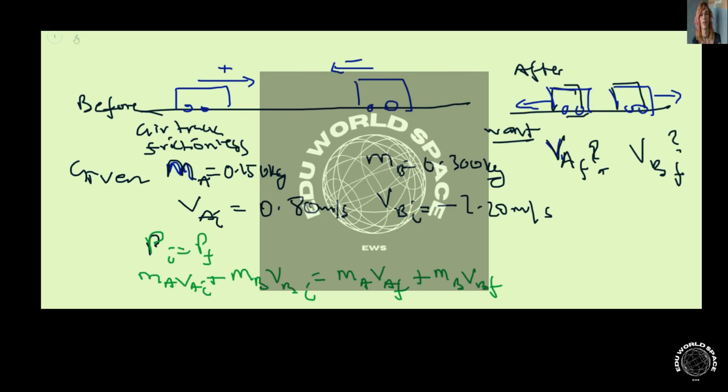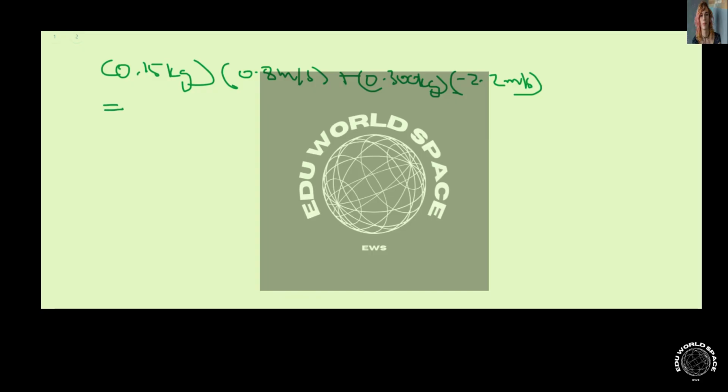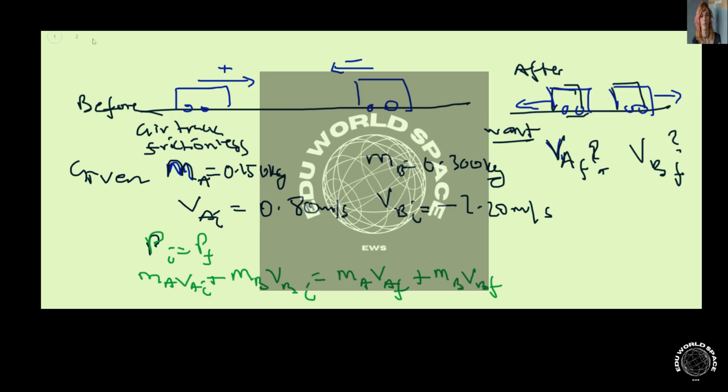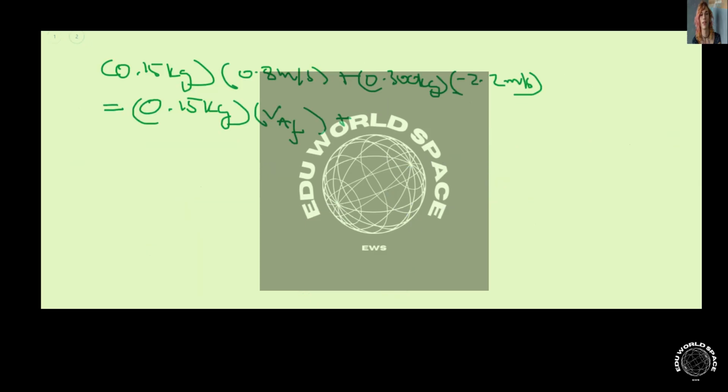And we're going to make that equal to the mass of A, which is 0.15 kilograms, times the final velocity of A, which we don't know, but we're going to find out in this problem, plus the mass of B, which is 0.30 kilograms, and then the final velocity of B, which we also have to find out. So if we simplify this problem, we get to see that on one side we have negative